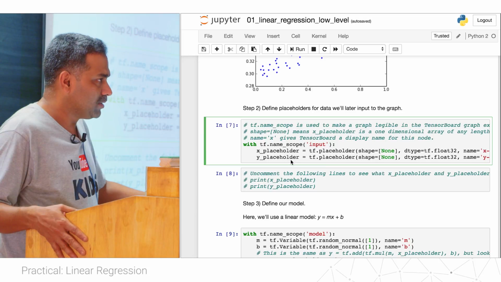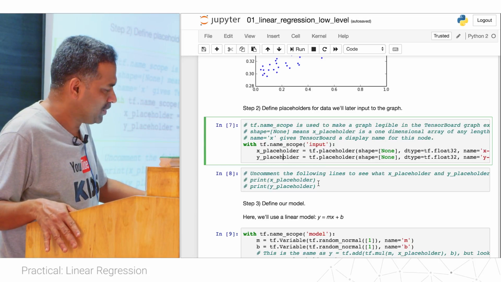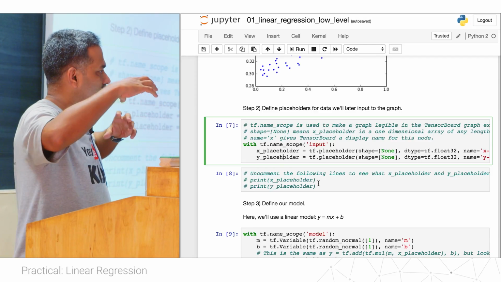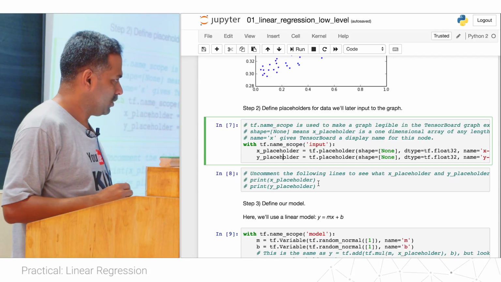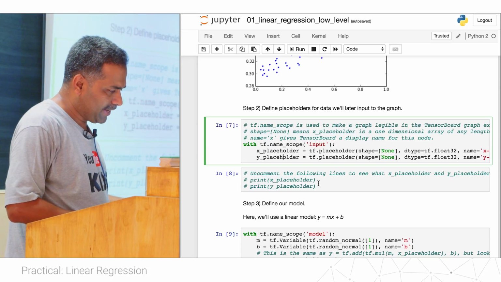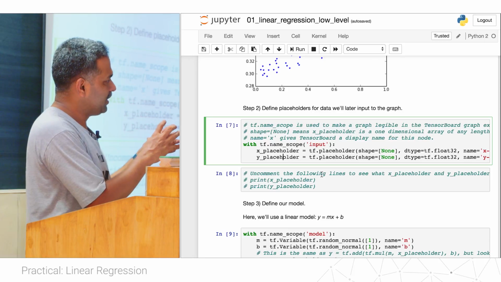If you look at the TensorFlow graph in TensorBoard without scope, you will see a lot of nodes without really knowing where certain nodes belong. By using name scope, I'm saying that x_placeholder and y_placeholder, these two nodes, are dealing with input.